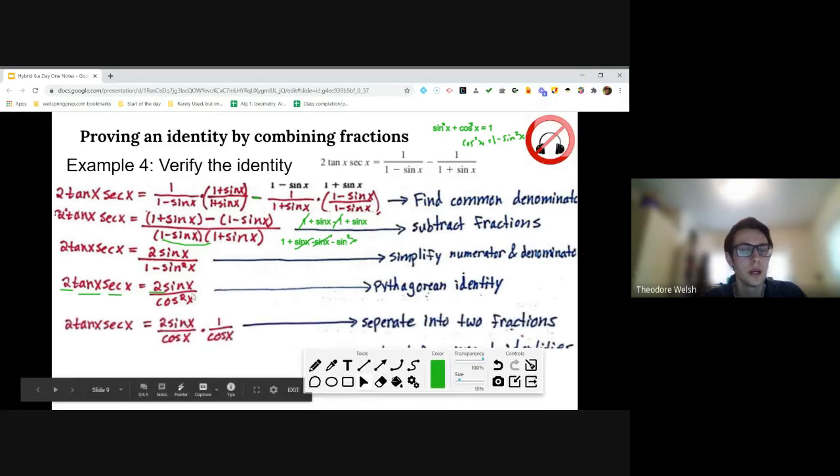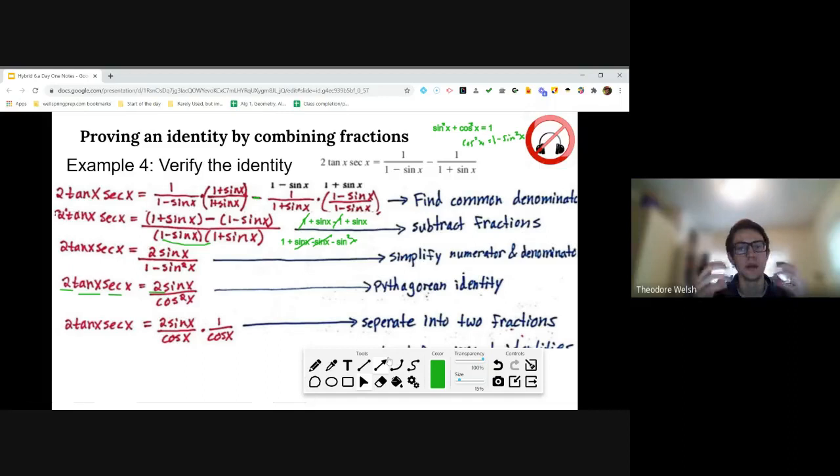So let's start by just separating cosine squared into cosine times cosine. Anything squared, remember, is just something times itself. So I can rewrite cosine squared as cosine times cosine. And I just separated it into 2 fractions here just to clearly distinguish. You could easily write this as 2 sine x over cosine x times cosine x. It would be a sufficient equal step. But now in this case, I'm starting